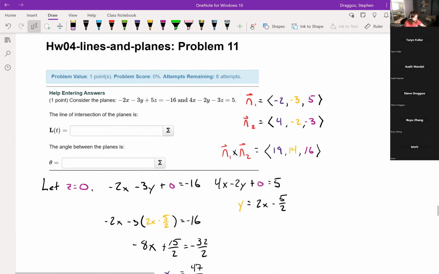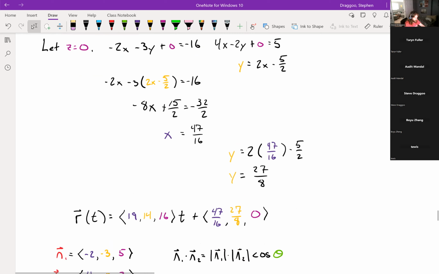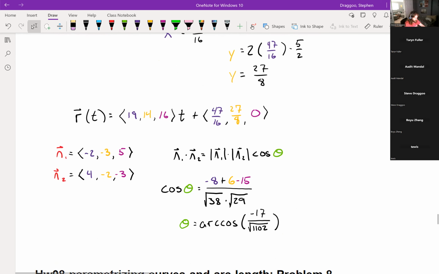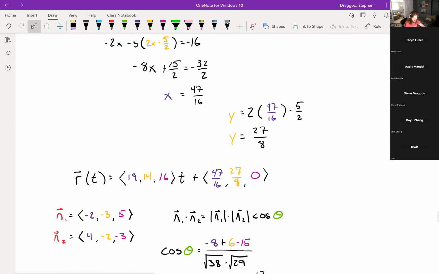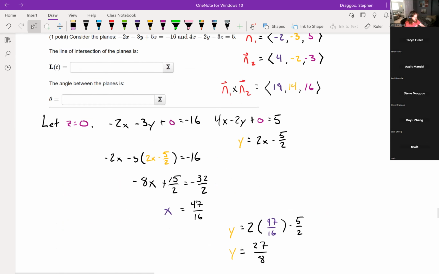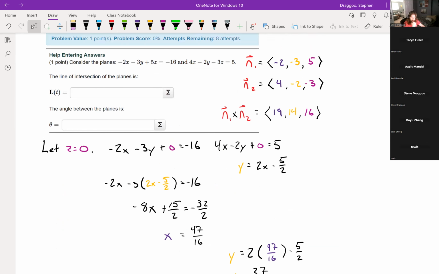And then here's a whole fun other problem. Getting the line of intersection between a couple of planes. There's a whole lot of work that goes into solving it, which I've already done ahead of time. I just want to talk about the process that I'd use for getting through that. So if I want an intersection of two planes, I know that I'm looking for a line that exists in both planes,